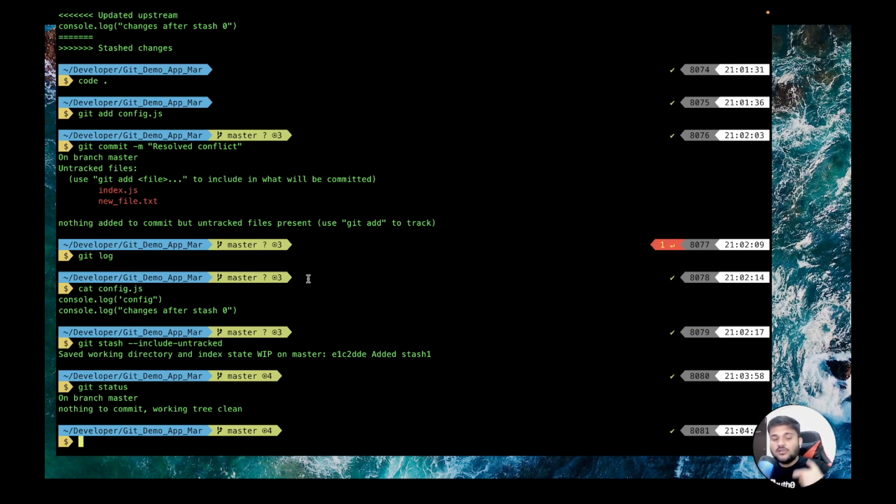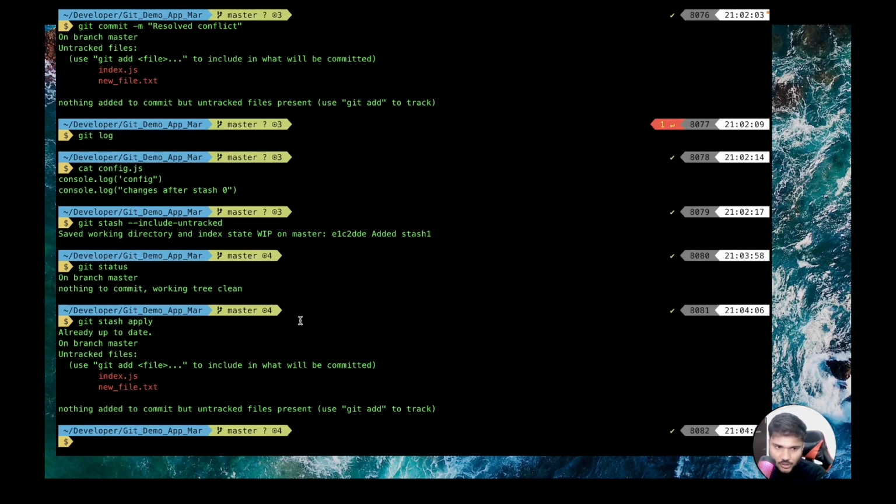So if you want to manually mention that, okay, don't just keep the staging area or the tracked files in the safe region, whatever is there in the untracked files, I want to keep that also, you can add this flag, and now you will have a new stash. The moment you do git stash apply, both of the files, because they were in the last stash, are going to come back, right? This is a very useful tool that you are going to use, because I believe storing the changes of untracked files makes more sense, right?